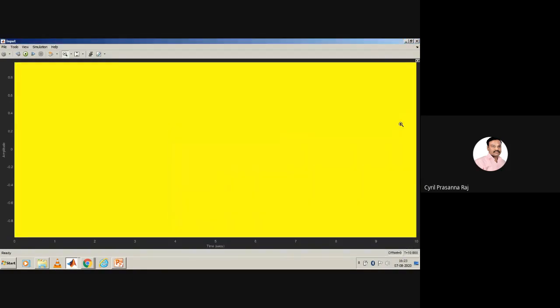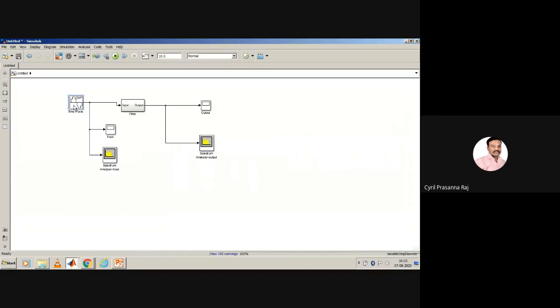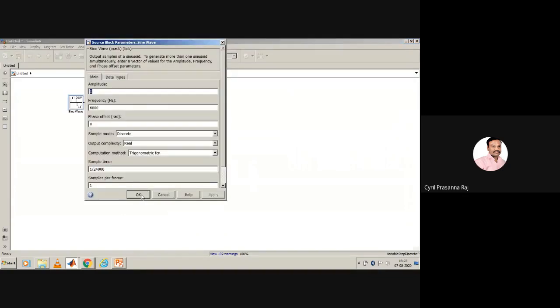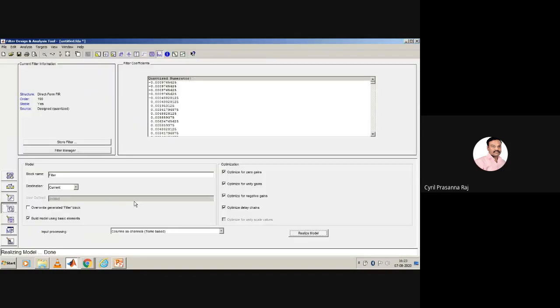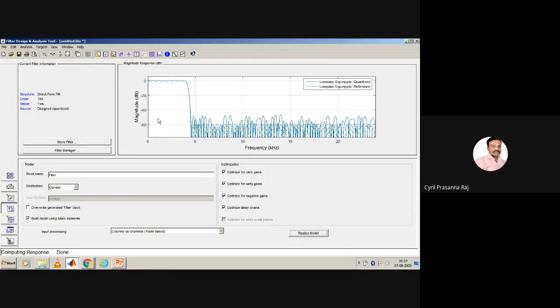So what we can also do is further test for one more set of data. Instead of the 6 kilohertz sine wave, let us go back to the spectrum now, the FDA tool. See, in the FDA tool, the response of the filter was like this. That is the response of the filter, so that we understand the performance of the FIR filter, or low pass filter, that we designed. Yeah. See, this is the response of the filter now.